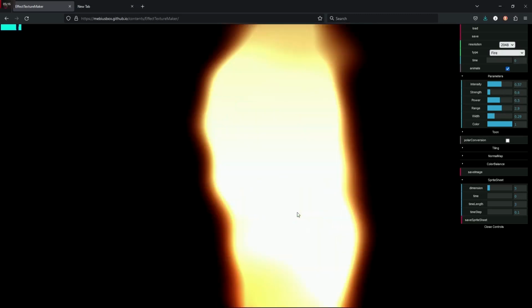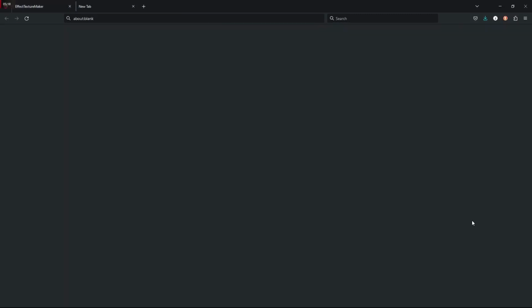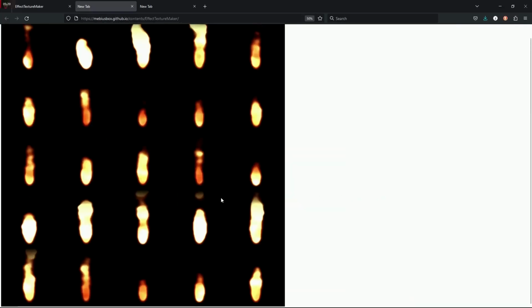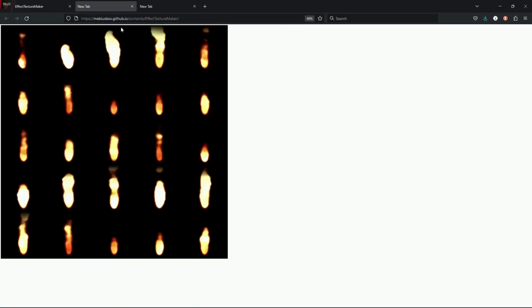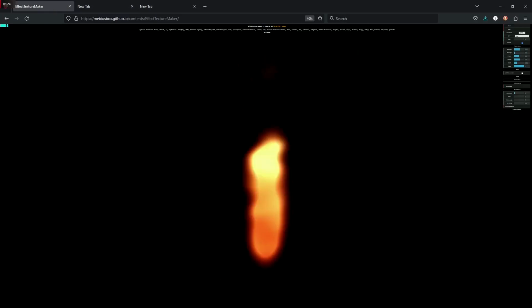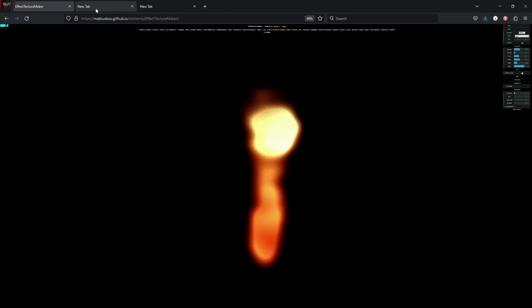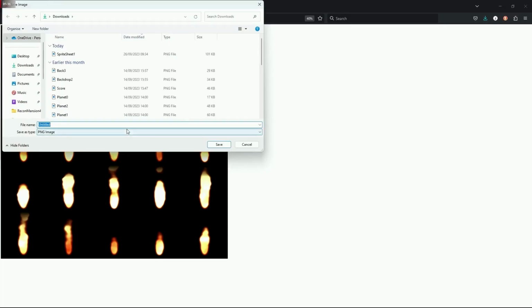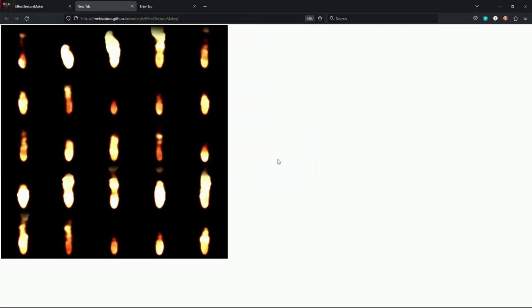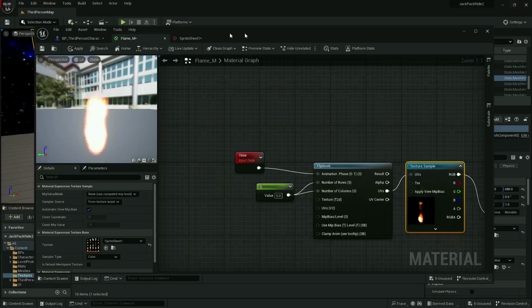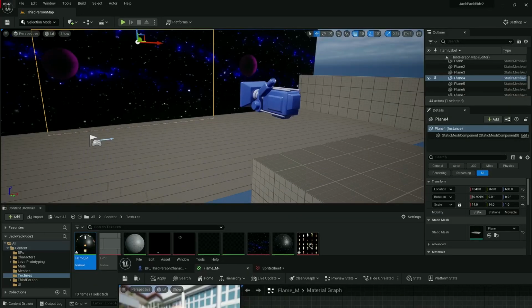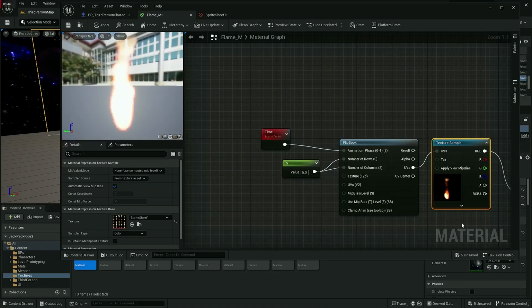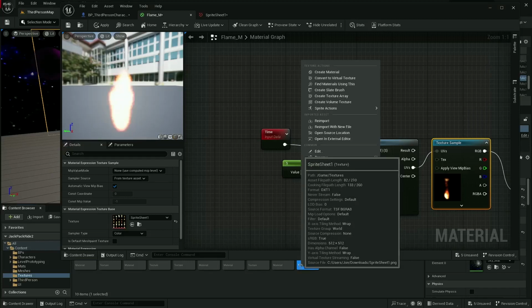Okay, so I'm going to go ahead and set that to the biggest size. And I'm just going to right click and save this as, and I'll just call it Sprite Sheet 1. In fact, let's just overwrite it. Yes, we will overwrite, and then let's go back into Unreal and find where it is, which is here. And if we right click it and say re-import,